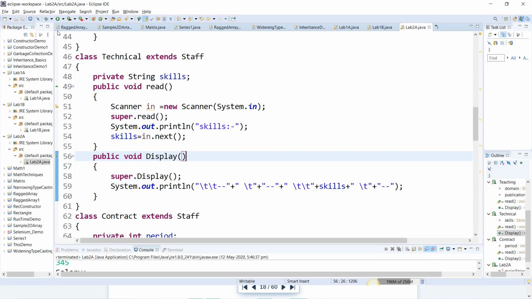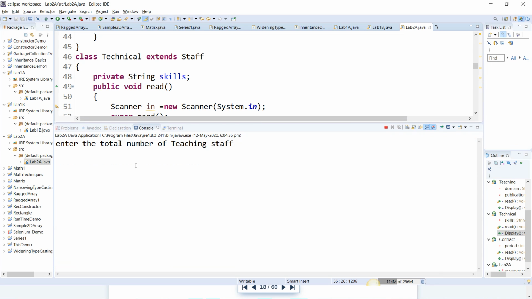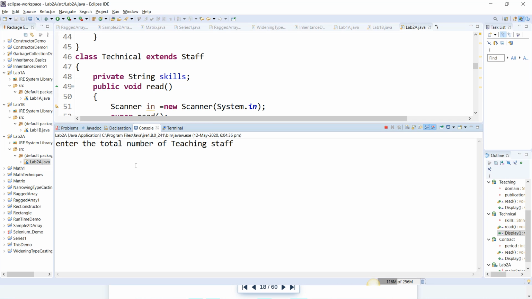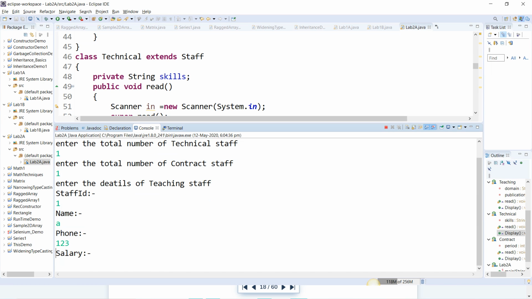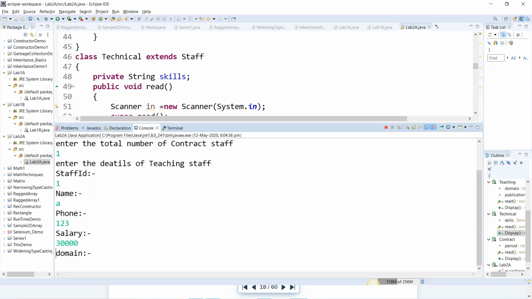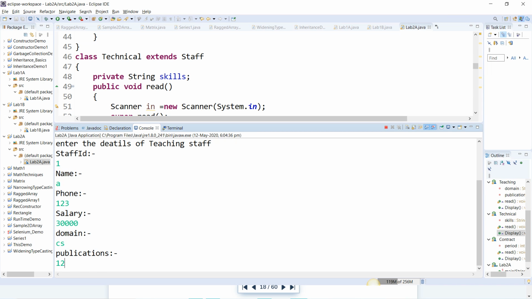So here we have the program. I'll just execute this. Enter the total number of teaching staff: 1, 1, 1. Staff ID 1, name A, phone number 123, salary 30,000, and then domain CS, and then publications 12 papers published.